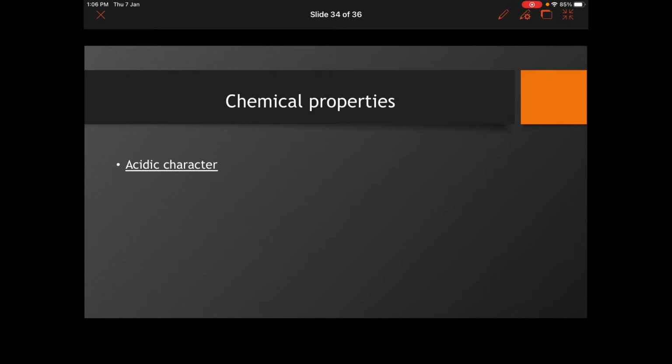So chemical properties, the first property on your screen already there, that is the acidic property. So we know HNO3 is a strong acid. Sir, you have already told us, and we also know why it is a strong acid, because the moment you put it in water, it is going to release H plus ions, right? So the moment you put this in water, I'm writing down the equation, it will give you H3O plus, that is hydronium ion, plus NO3 minus, the nitrate ion, that is NO3 minus, will be released, right?